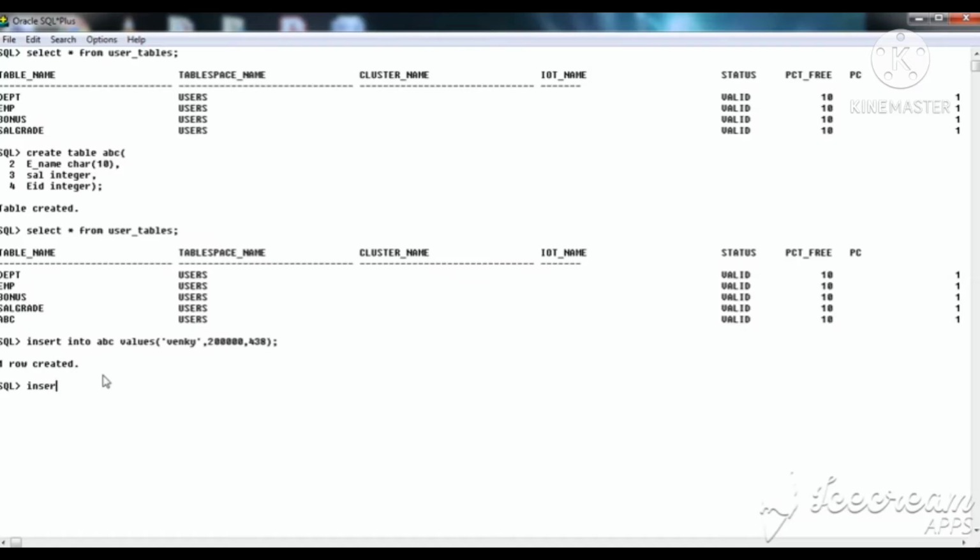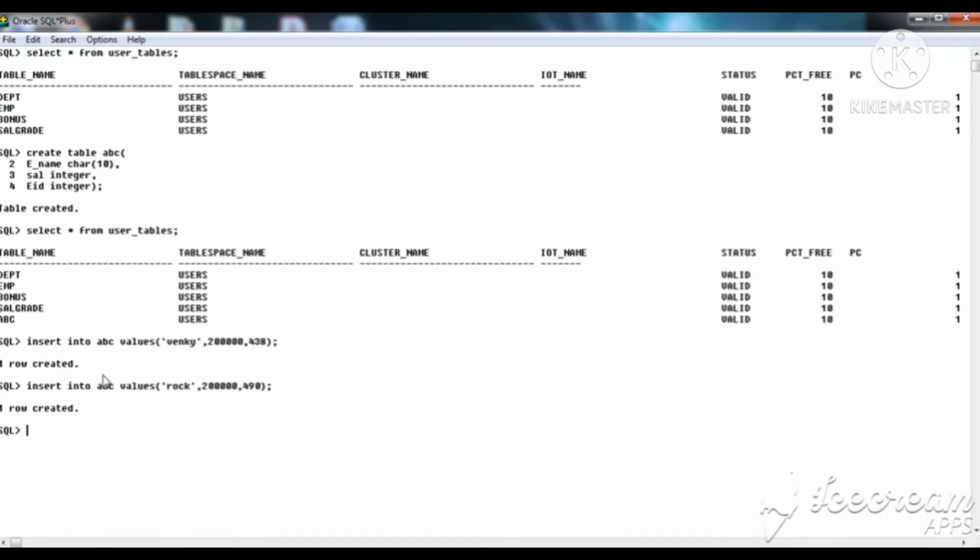Now insert a new row again, insert into ABC values, one more name, Rock, of salary 20 something, any number, and the ID is 490.